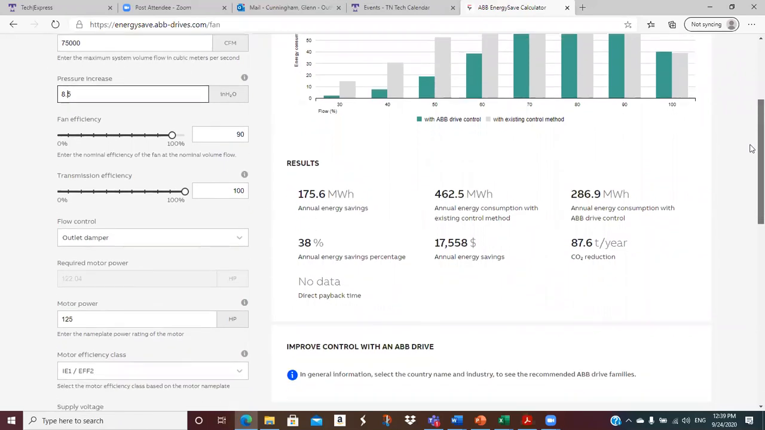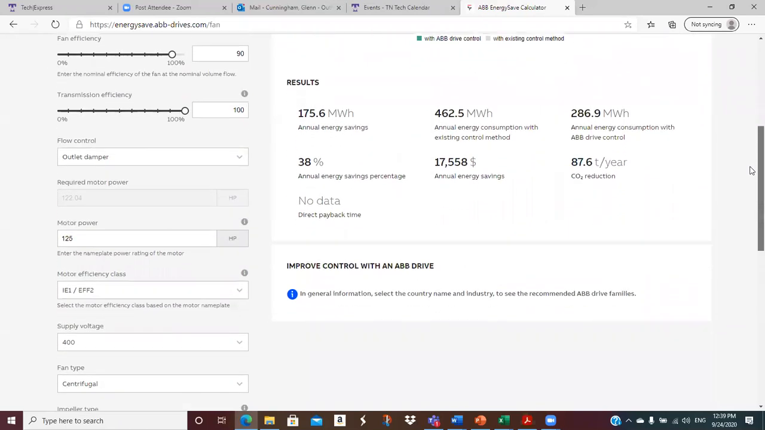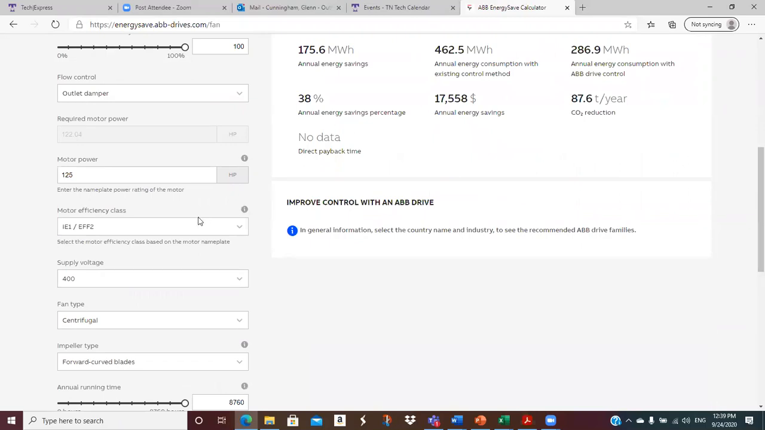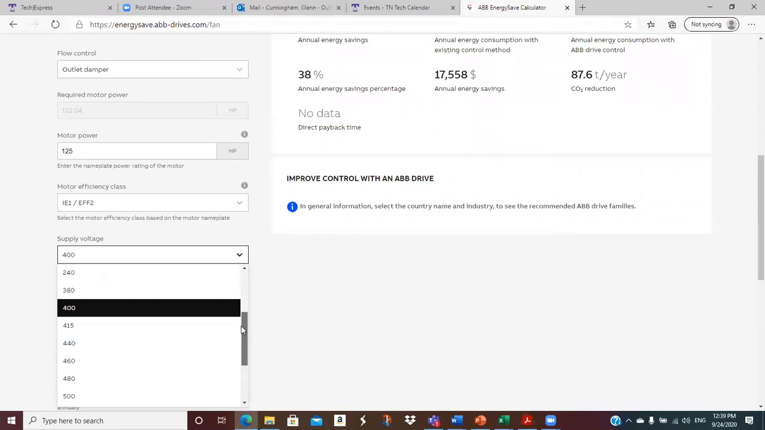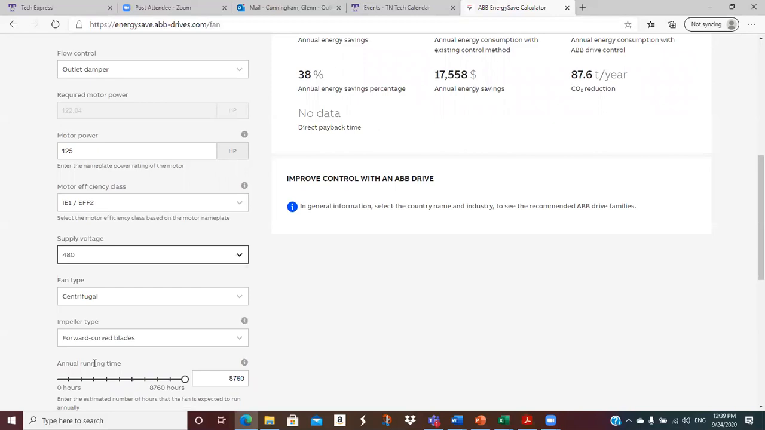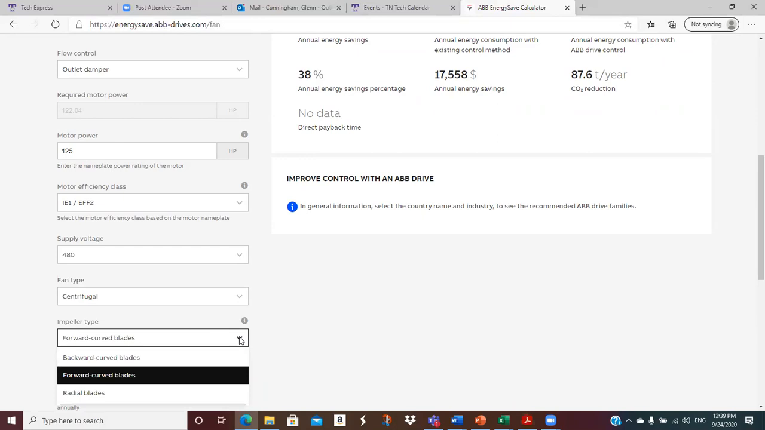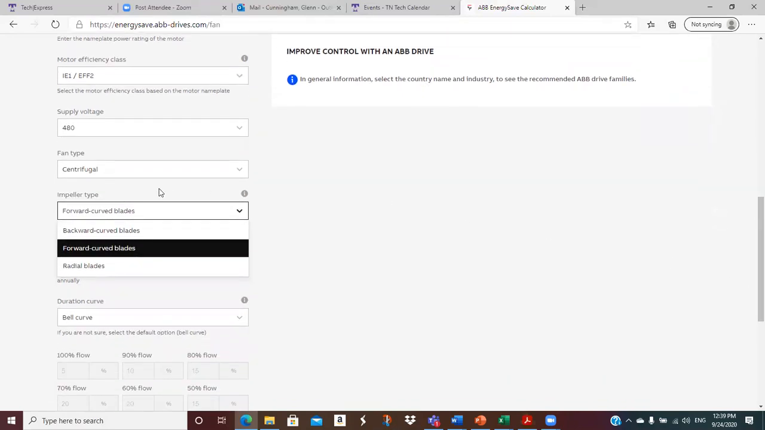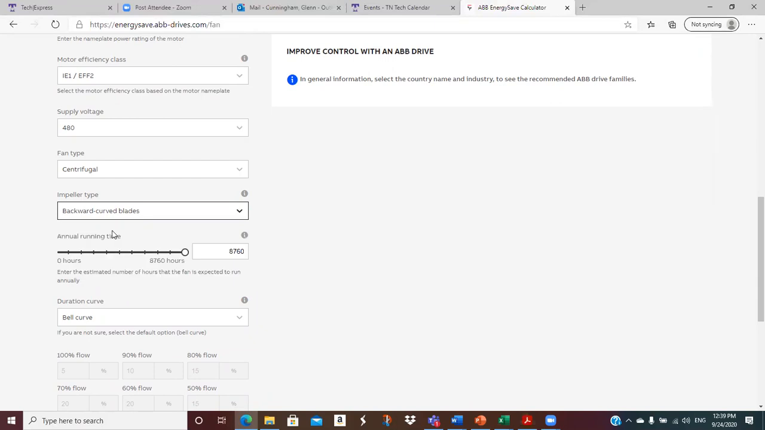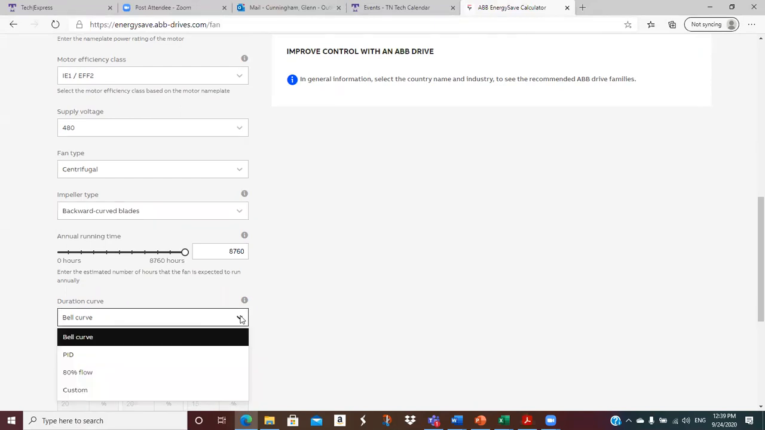So let's go on down. Okay, efficiency, class of motor, supply voltage, where this probably isn't going to make much difference, but yeah, 480, 460, probably 480. Centrifugal is good. Probably not forward curve. Probably, yeah, let's see. What are they giving us here? Forward curve. Backward, probably, I'll go there. Annual running time, 8760. Duration. Okay, so